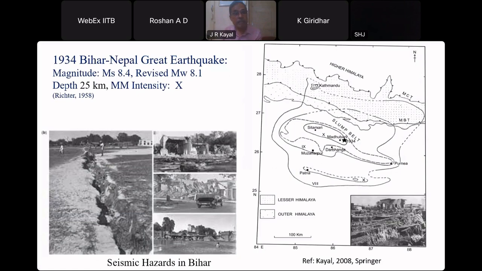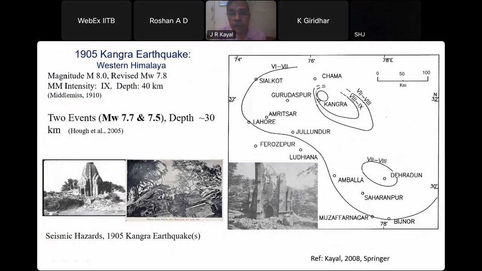Now this comes the 1934 Bihar-Nepal earthquake. Initially it was magnitude 8.4, MS magnitude 8.4, now revised to MW 8.1, and depth of the order of 25 kilometers, and maximum intensity was of the order of 10. Now again, this earthquake was not well recorded by the Indian network. Of course, it was recorded by the global network, but